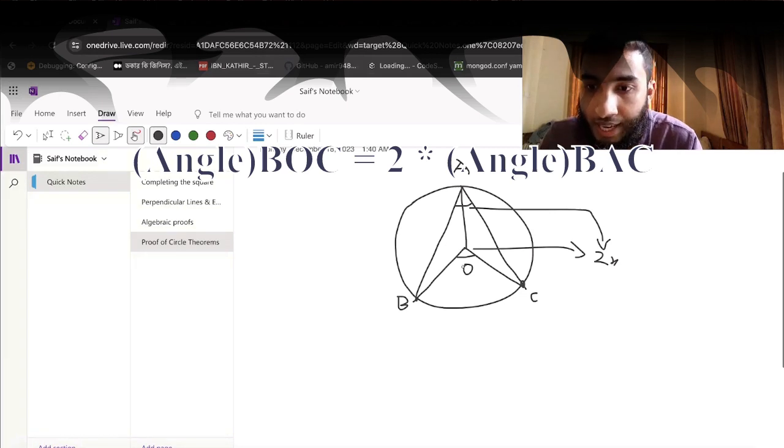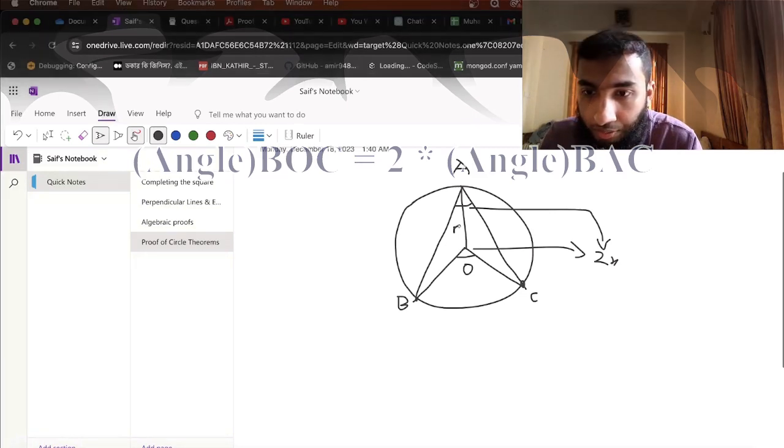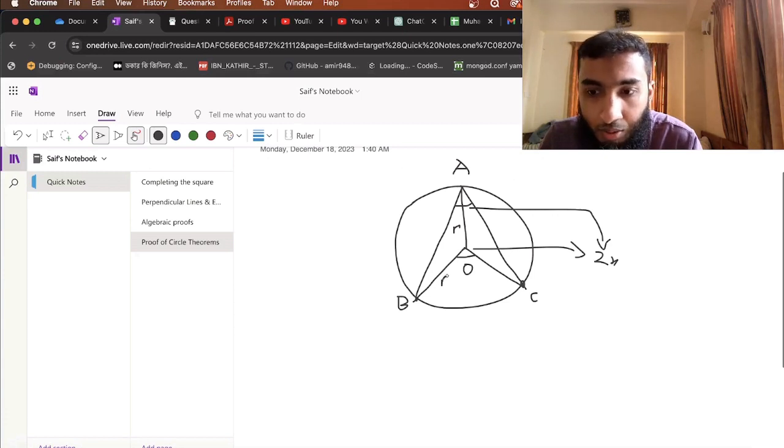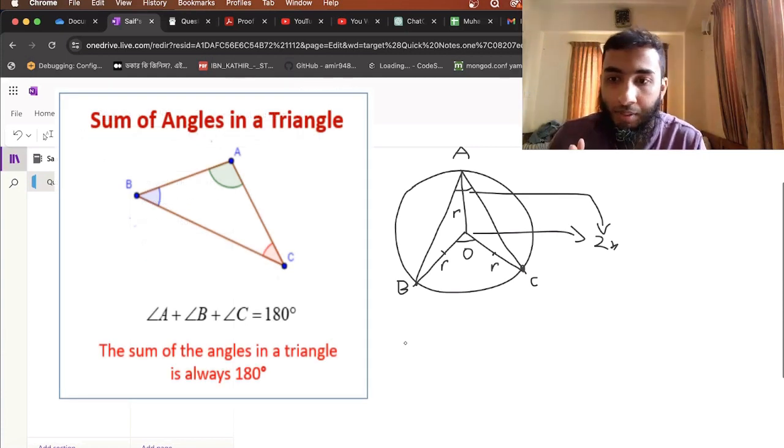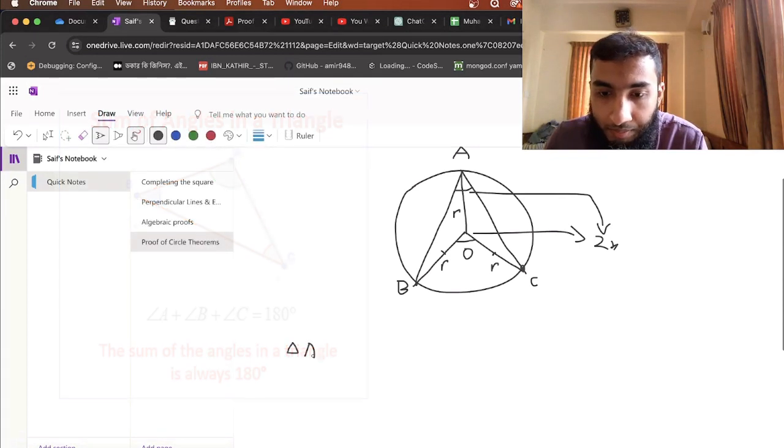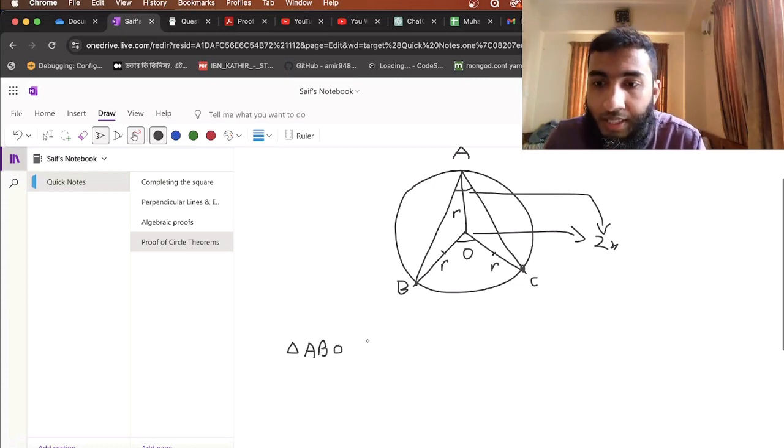So as you can see, AO is the radius of the circle, just like BO and CO, and ABO is a triangle, ACO is a triangle. So we know that the three angles of a triangle add up to 180 degrees. So in the context of the triangle ABO,